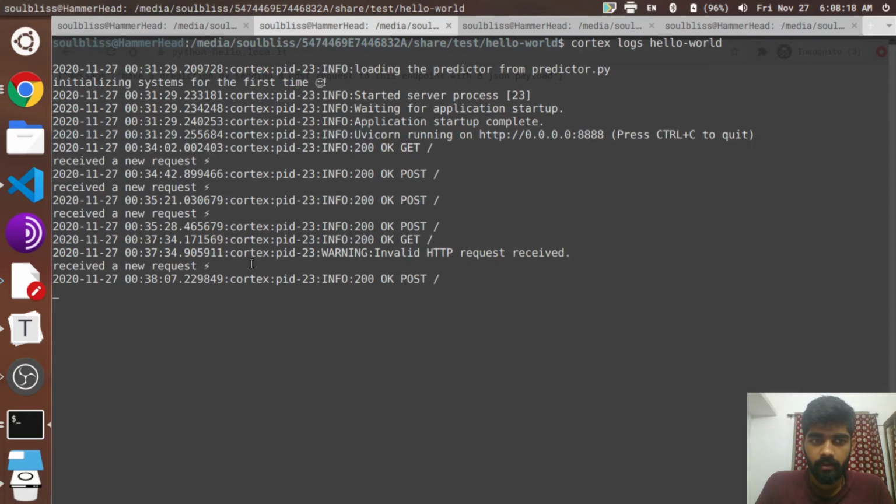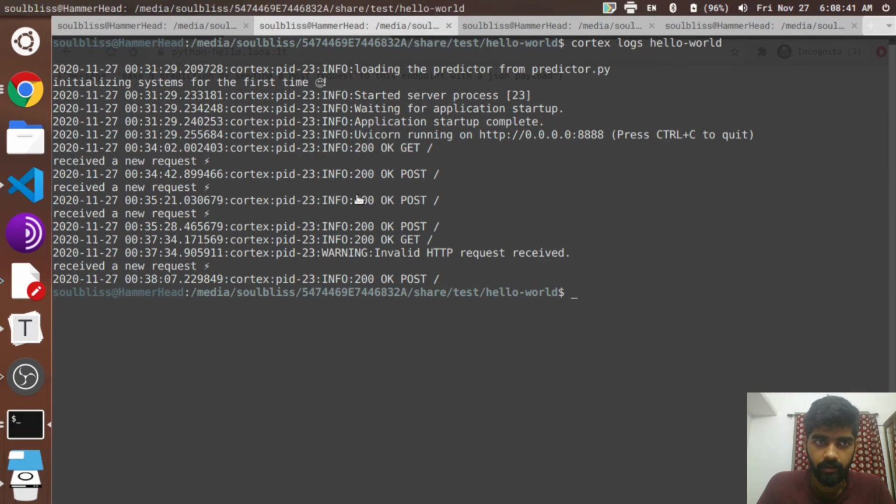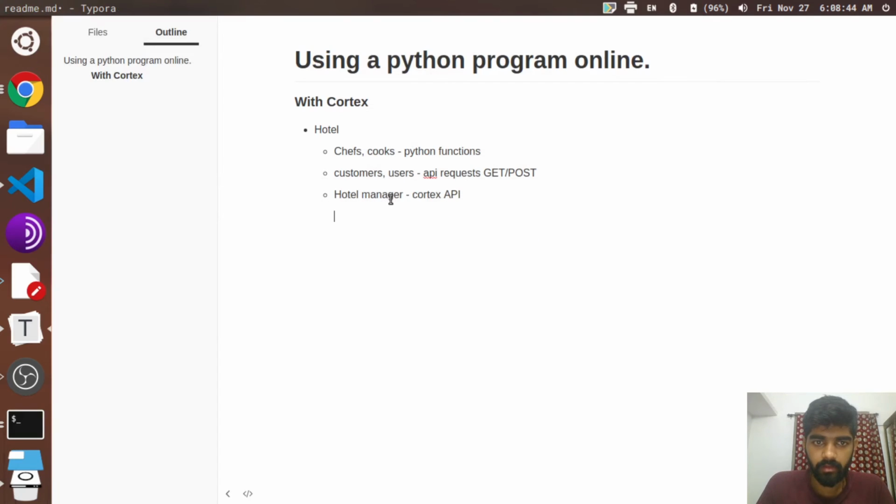So that is it. And you can keep seeing how the logs are being generated whenever a new request is received. And in order to delete that API endpoint, all you've got to do is Cortex delete and your API name, hello world, and then Cortex will take care of it, and the manager will stop all the waiters from serving the customers and will tell the chefs and the cooks to go back to their homes.